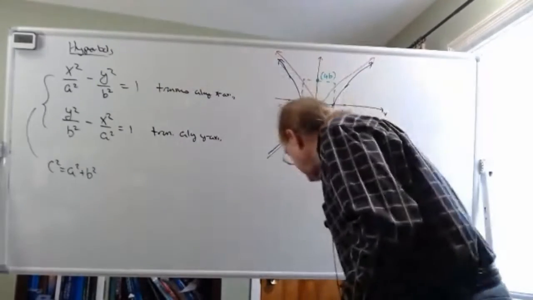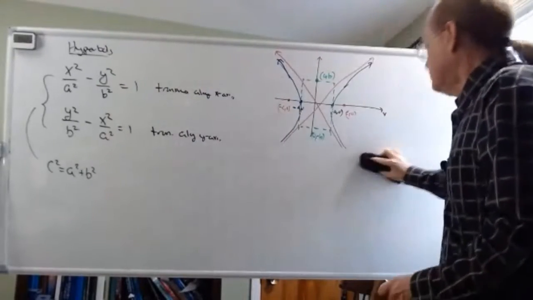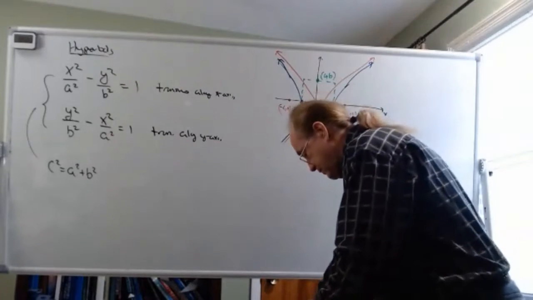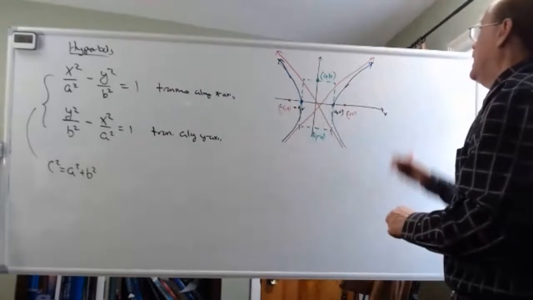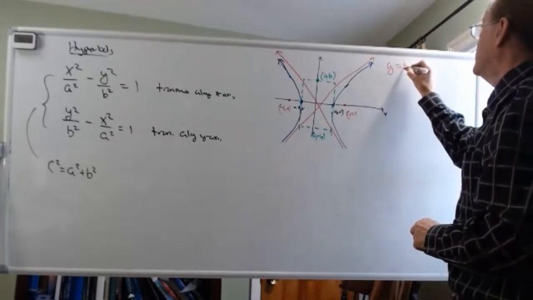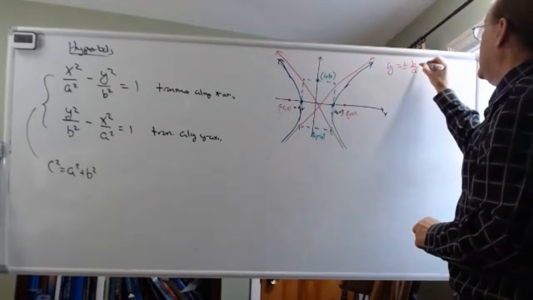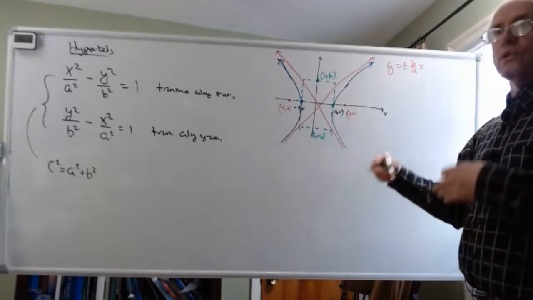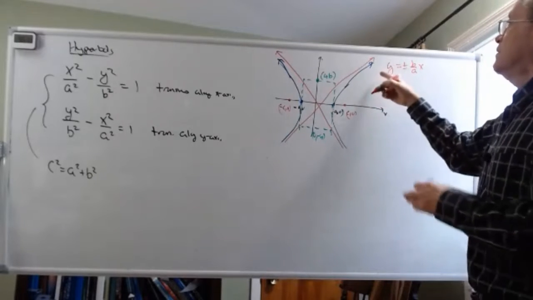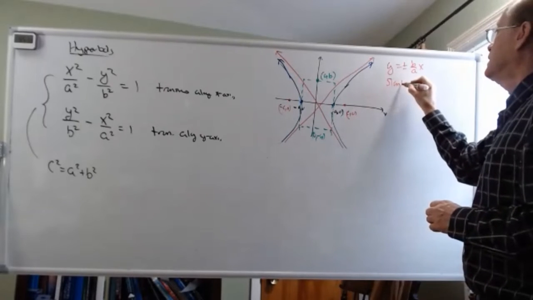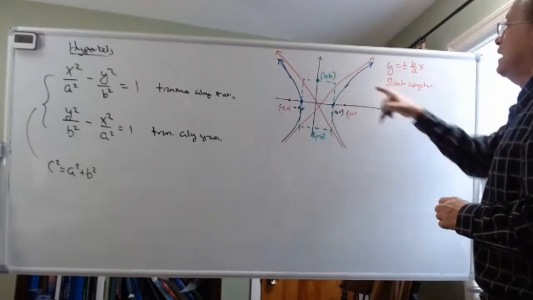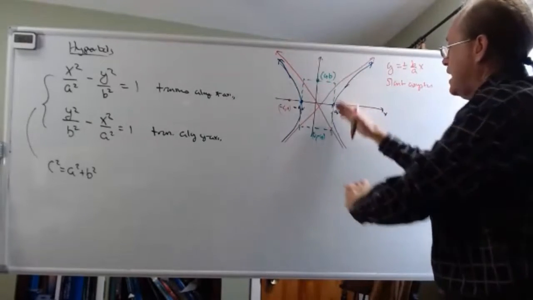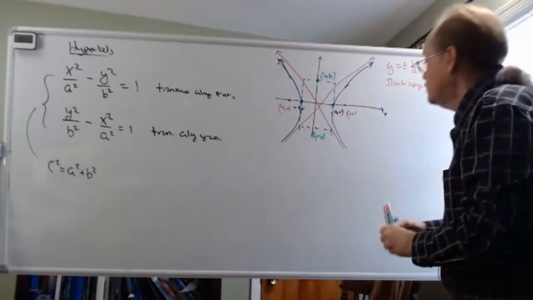And for this particular case here, I end up with y equals plus or minus B over A x. So these lines, y equals plus or minus B over A x, are what we call asymptotes. They're not vertical or horizontal, but they are what we call slant asymptotes. Meaning, as x goes to plus or minus infinity, in both cases,